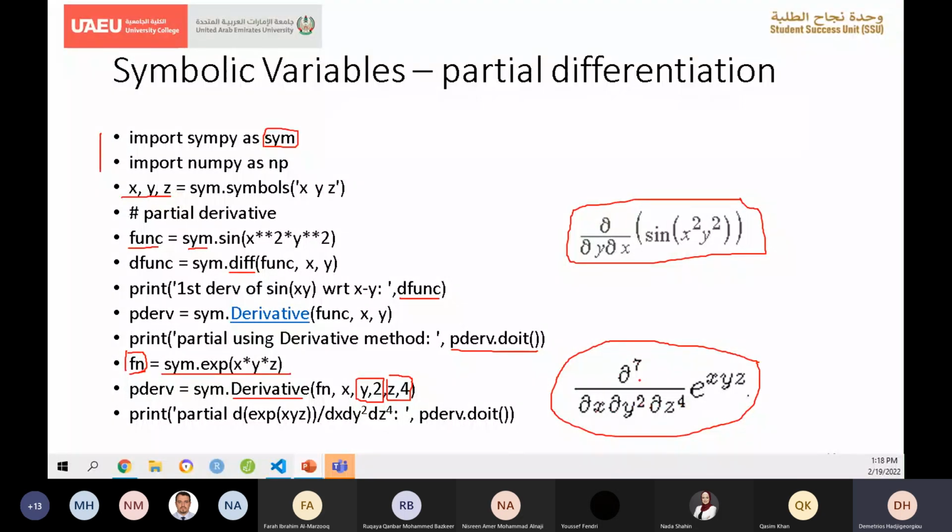So it's d to the 7th of dx, dy squared dx to the 4th of this particular function. And hopefully it will print out the correct answer. So